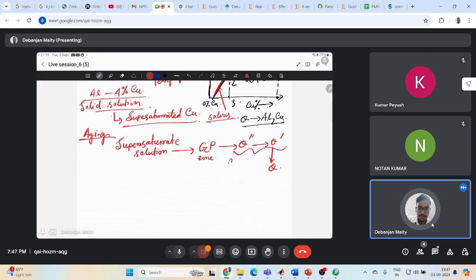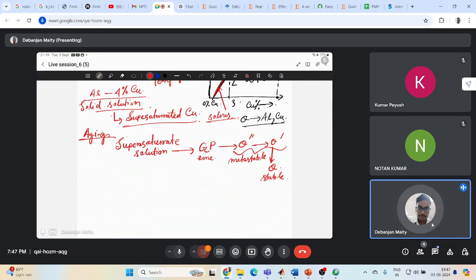So these are metastable in nature, and this is a stable precipitate. Now you see,